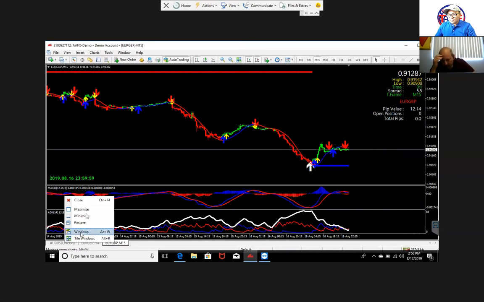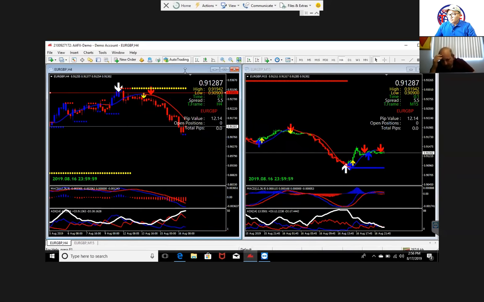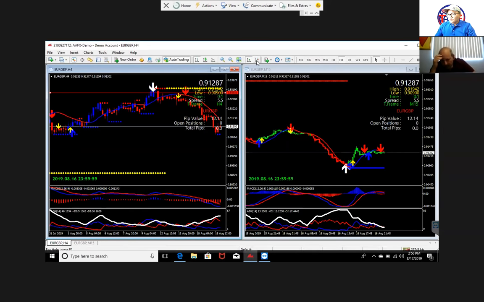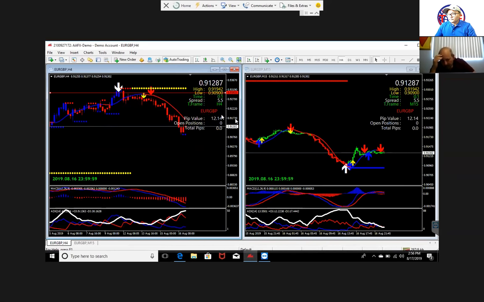Let me remove this. This is 4 hours. You see, on 4 hours, all you're seeing is only the drop. On the 15-minute, you saw that long drop. Right? Yes. So how many dots do you see on the 4 hours? Two blue dots. And I see several resistance dots. So you see 2 dots.